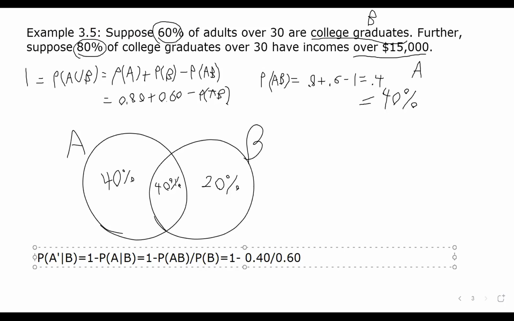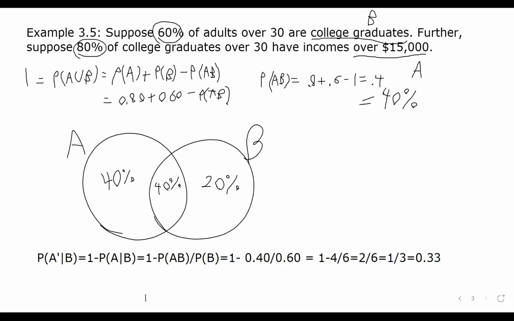You could either add 40% and 20% here, or it was already given that 60% was the probability of B, 60% of college graduates. So this is equal to 1 minus 4/6, multiplying numerator and denominator of this fraction by 10. So that's equal to 2/6, which is 1/3, which as a decimal is 0.33 to the nearest hundredth. Okay, so the probability of A prime